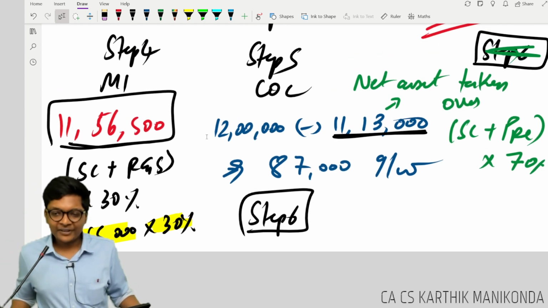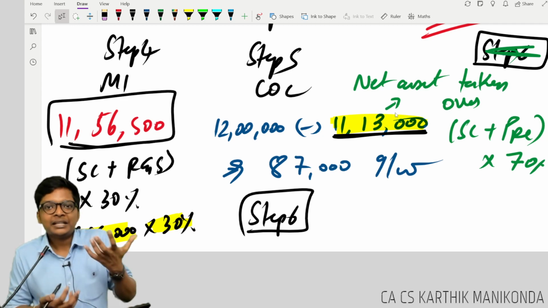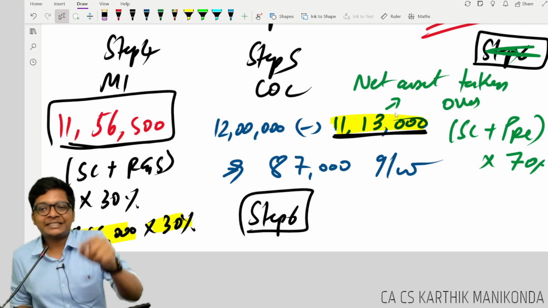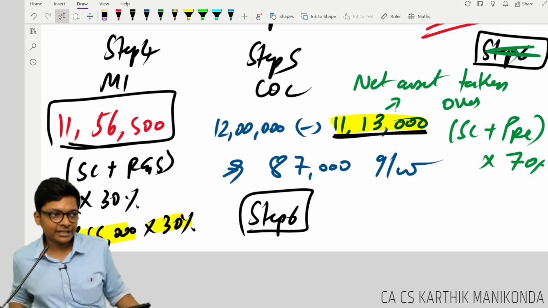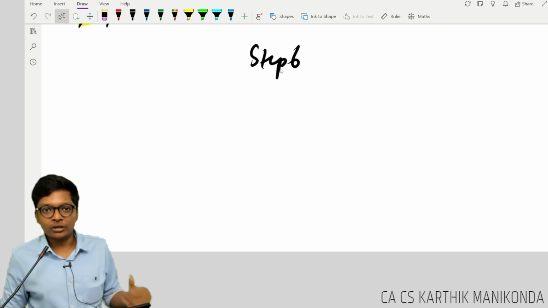Fine. Step 5 is done. Similarly, step 5 also. This 11,13,000, how to do the breakup? Share capital plus pre-acquisition profits into 70%. Are you following, guys? Now come to step 6, which is my important step, finding out reserves for the purpose